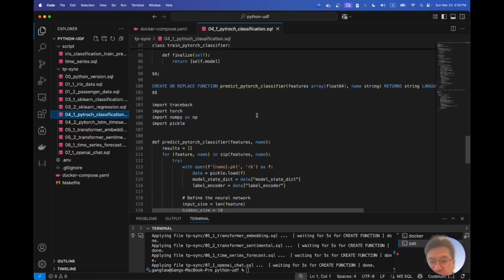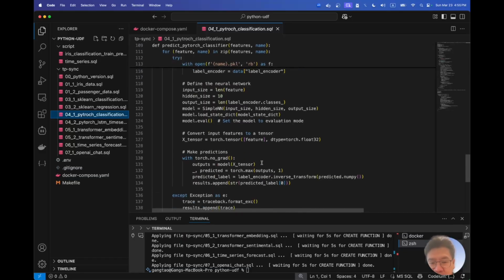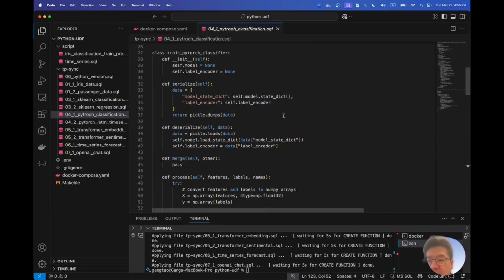For the prediction, it's similar. You just load the model, run the neural network prediction, and return the result. I'm not going to show this case in detail because I will share the code example, since all this code is in a public repo, so you can learn from it and use it if you want. The result is the same as the scikit-learn one, so the input and output are similar. Just the training process is different, because for the scikit-learn one I showed you a regression model,